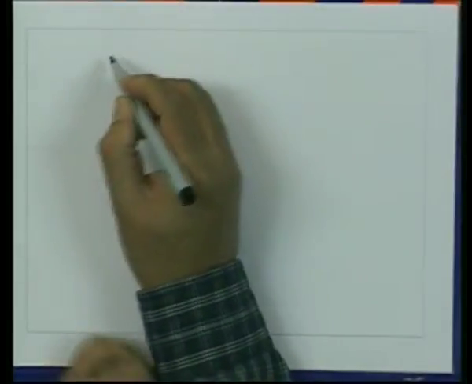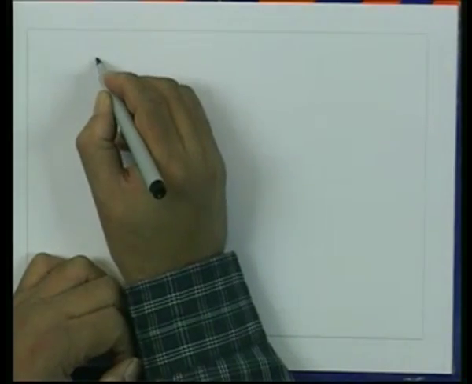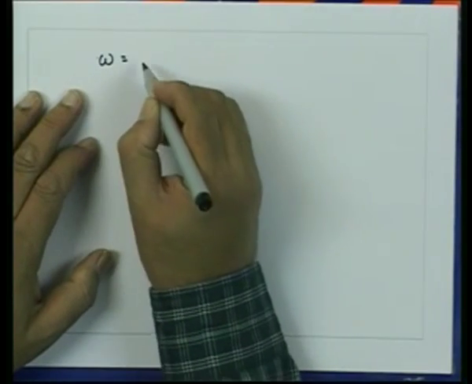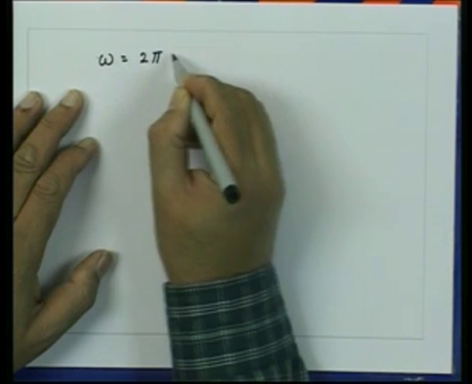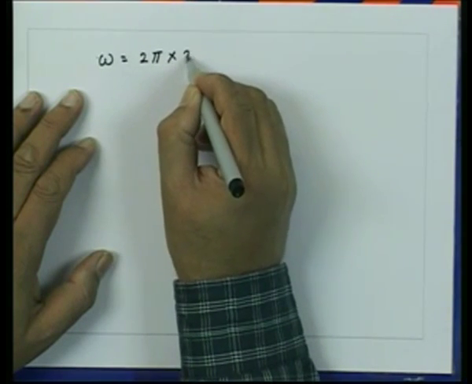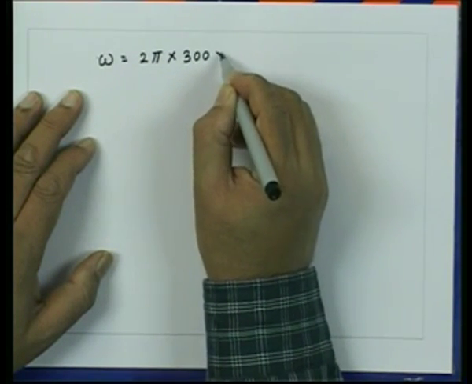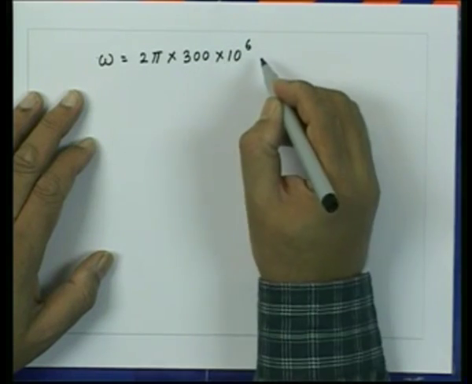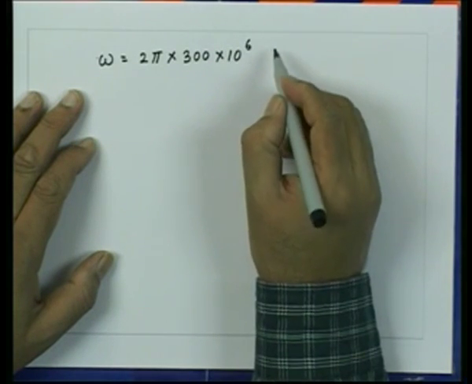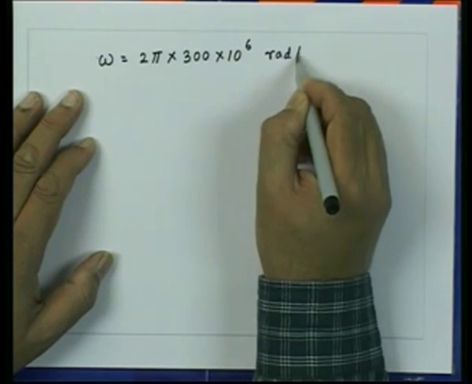So, the frequency which is given is 300 megahertz. So, in this case omega is equal to 2 pi into 300 into 10 to the power 6 radians per second,